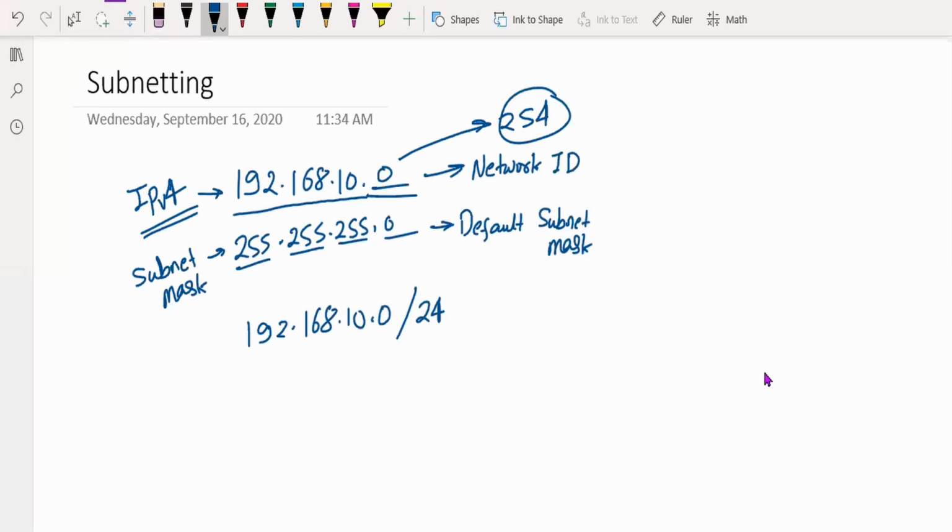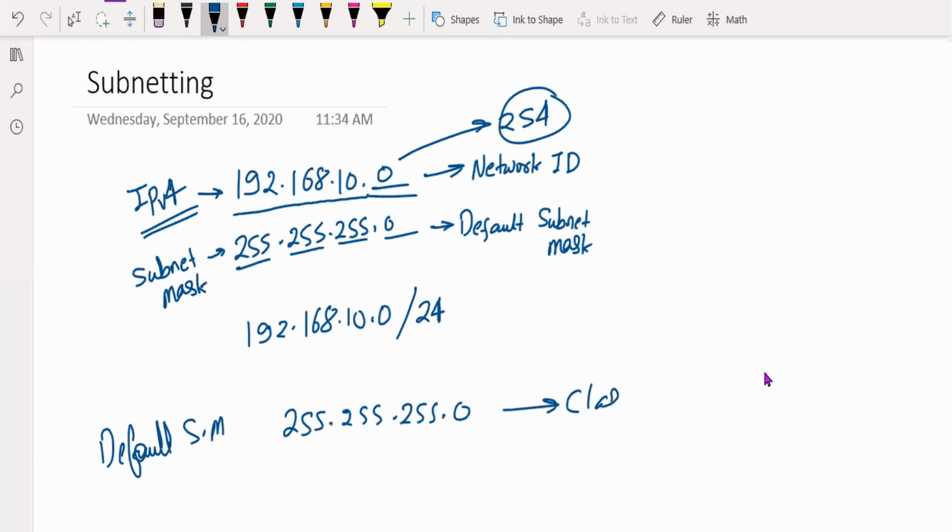So by default, the default subnet mask you are using is 255.255.255.0 for class C. Okay, 255 means there are 8 ones, and there are 8 zeros.